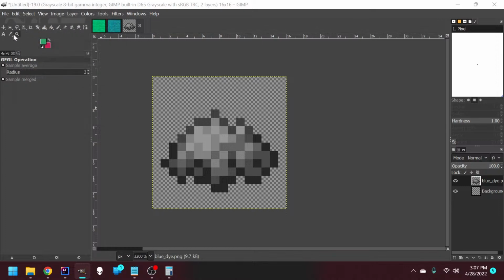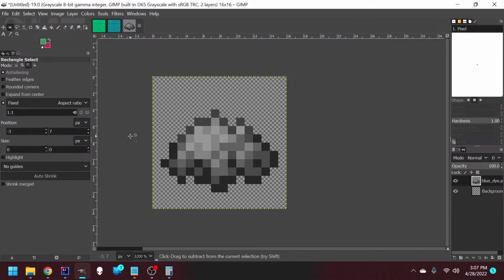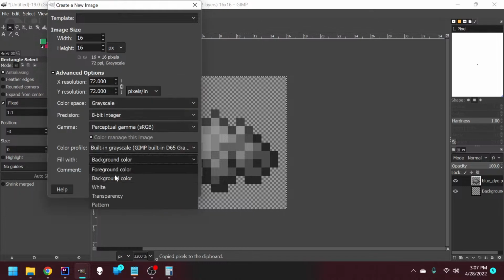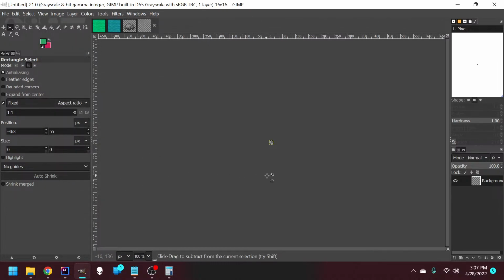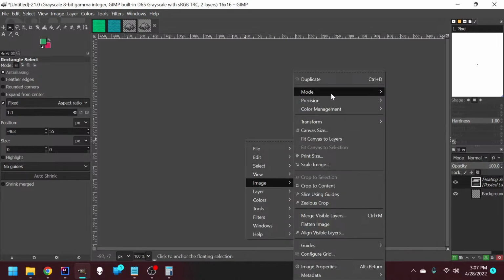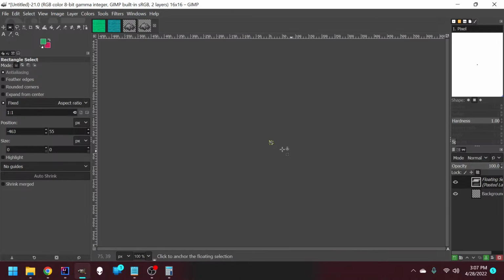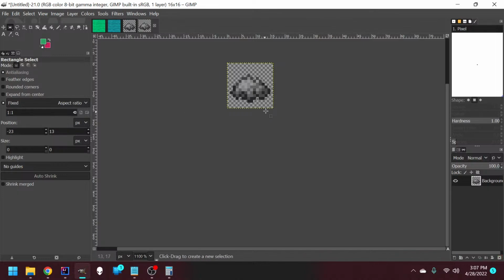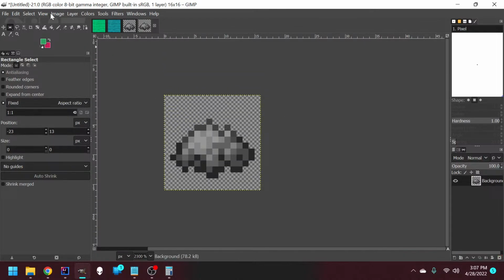Control A, Control C, file, new, 16 by 16. We're going to do this, transparency, okay, and then I'm going to Control V. If I make sure image, mode, RGB, perfect. So now it's in RGB, right? So now if I do image,